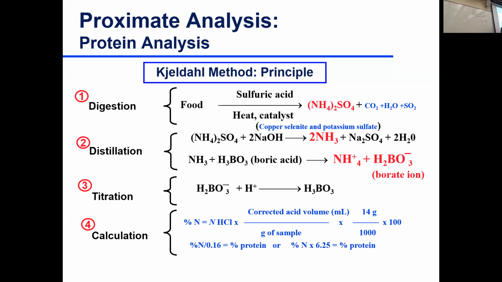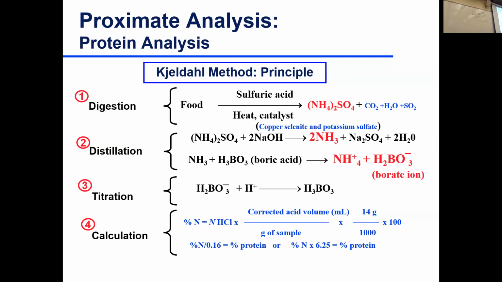All right, so the first step is digestion. So you have your food, we add to it concentrated sulfuric acid. And we add a catalyst. The catalyst is added to do 2 things. First, it speeds up the reaction. That's the definition of catalyst, speed up the digestion. Otherwise, it would take hours and hours to digest. And what it does too, it increases the boiling point of sulfuric acid. So when we're heating it to really high temperature, sulfuric acid might evaporate rather than digest the food. So the presence of the catalyst increases the boiling point of sulfuric acid, so it stays with your food to